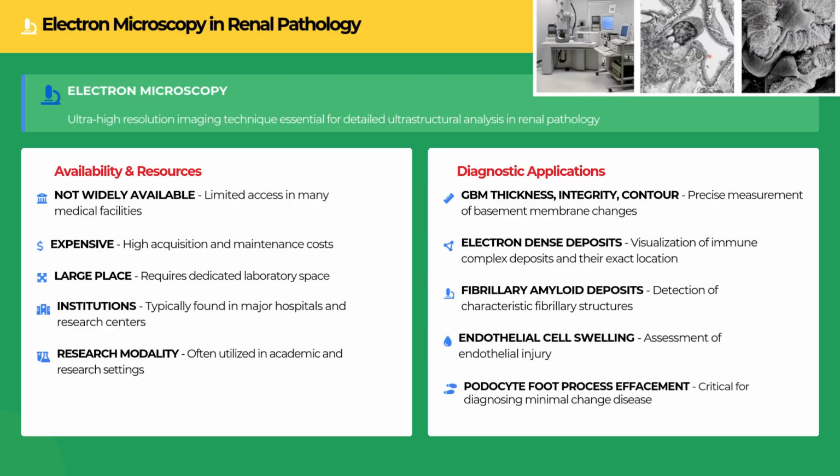Moving on to electron microscopy, there are two types: scanning EM, this one, and transmission EM, this one. In clinical practice, we routinely use only transmission EM. Scanning EM provides detailed surface images such as podocytes covering the glomerular tuft, but it's not useful for diagnosis. In transmission EM, electrons pass from the top. The slide is positioned in the middle here,